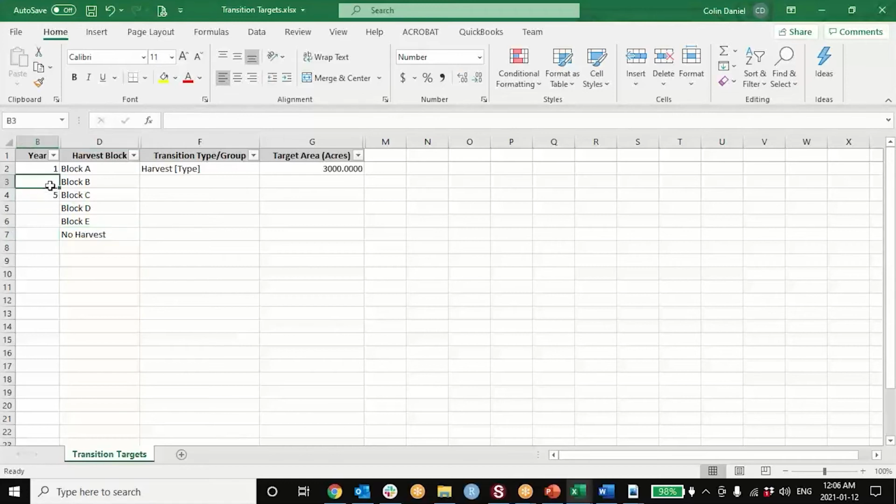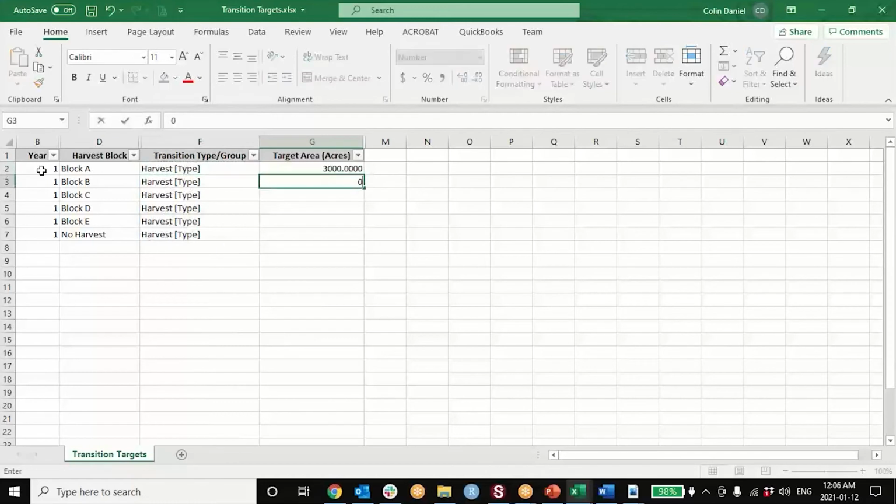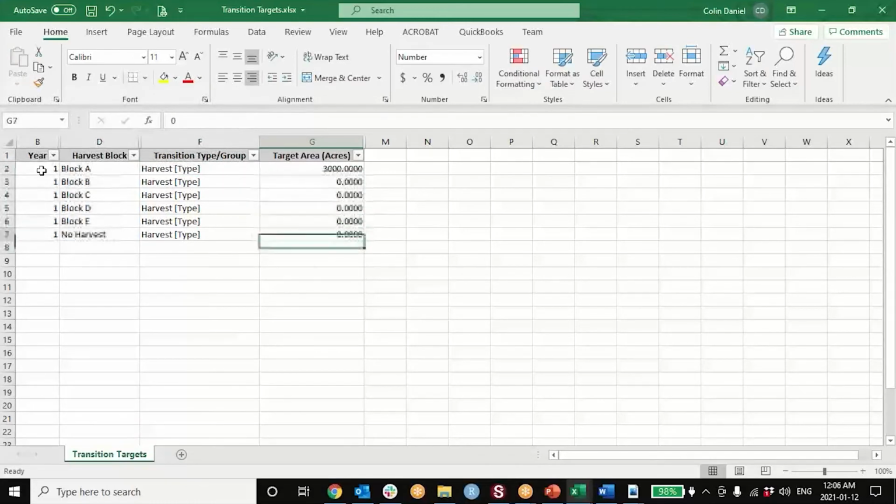I have to tell it in all of them what to do in year 1. Okay, so I go like this, and I have to tell it explicitly, set it to 0 in all the others. So if I do that,